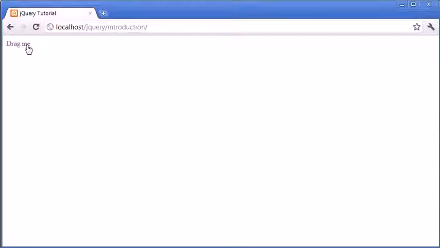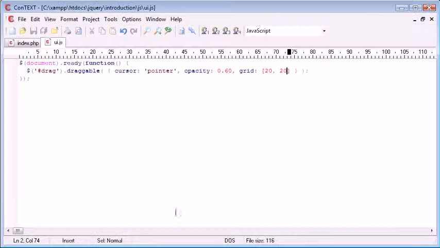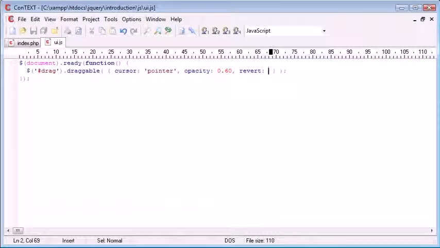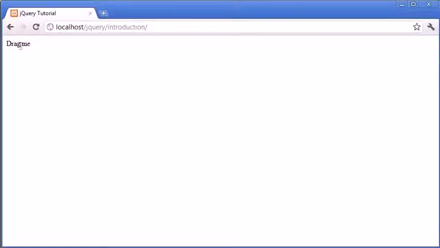Now let's just pull this down and refresh. I'm going to remove this grid option now, and we're going to go on to look at revert. Now revert is not really something you would include with your dragging. It would only be something you'd want if you wanted the element itself to revert back to a particular position. So revert we can set to true, and what this will do is wherever the element has started,